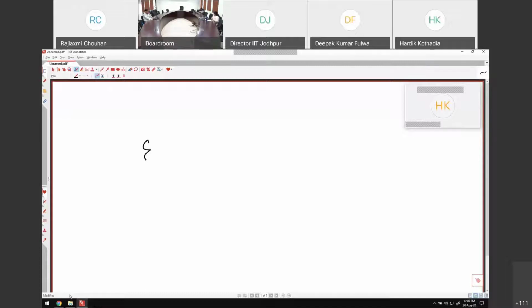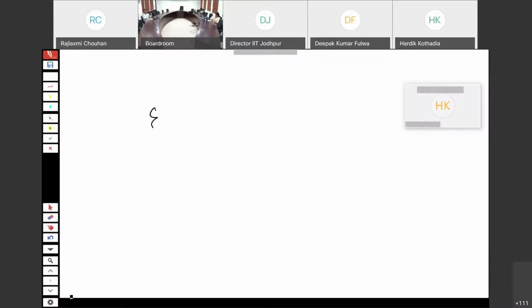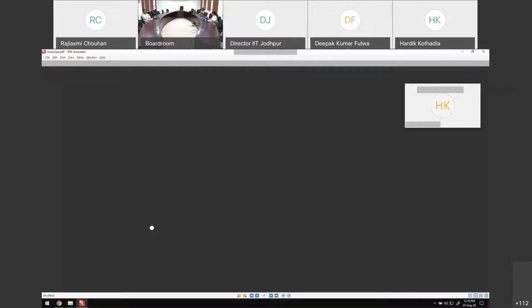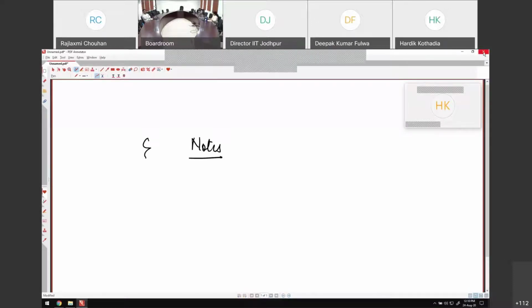One good option is you do a full screen, and then all those unnecessary toolbars that appear will disappear. This is then almost a full-screen whiteboard, and it comes in very handy. You can still scroll up and down and continue to write. And you see some shortcuts on the left side. So I find Inkspace and PDF Annotator very, very good and useful tools as whiteboards. So this was about whiteboards.